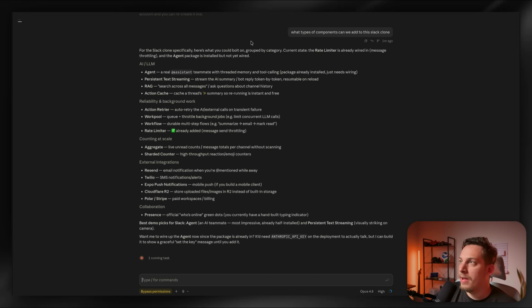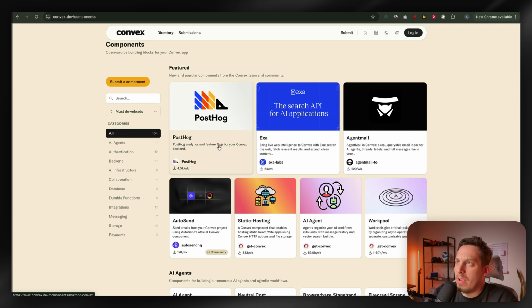this great plugin. And now we can ask Claude Code, hey, what types of components can we add to this Slack clone? And now Claude Code gives us a bunch of different components that we can use. Obviously, it understands what we're building, so it gives us some good suggestions. But we can also go to